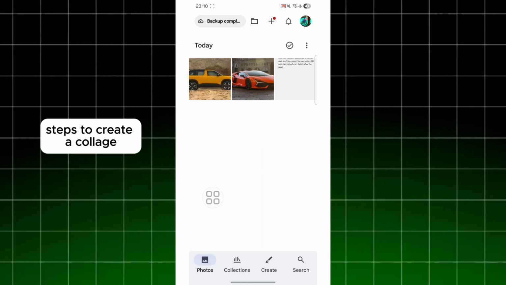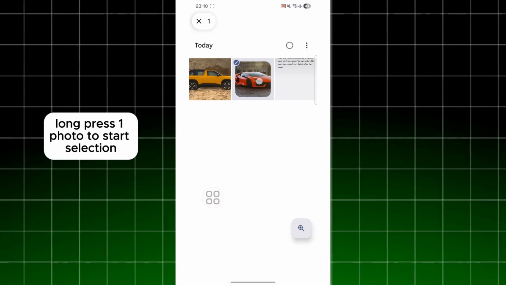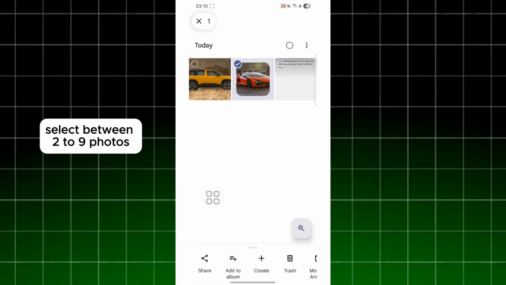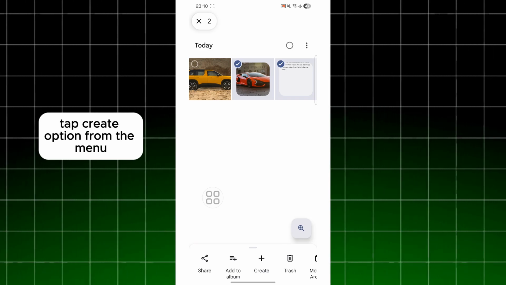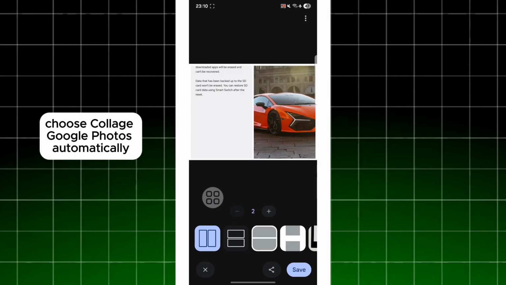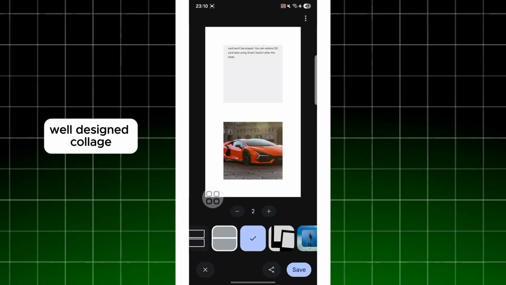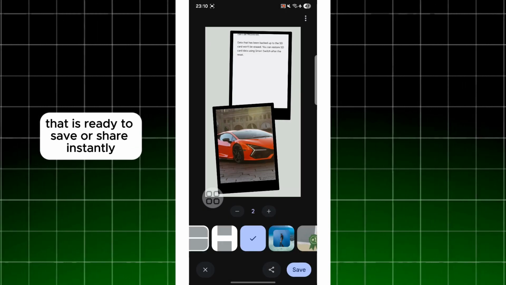Steps to create a collage. Open Google Photos. Long press one photo to start selection. Select between 2 to 9 photos. Tap Create option from the menu. Choose Collage. Google Photos automatically arranges your selected images into a clean, well-designed collage that is ready to save or